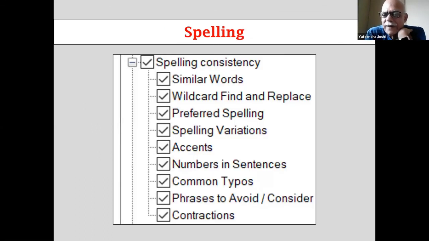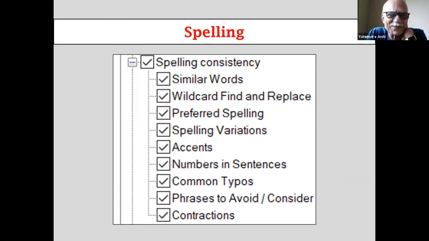So then spelling. Here again, these are the detailed checks that Perfected will run. If you have spelled, for instance, a name with accents, that is with diacritical marks, in some places, and without them in others, it will flag that. Common typos, that's a very useful thing.